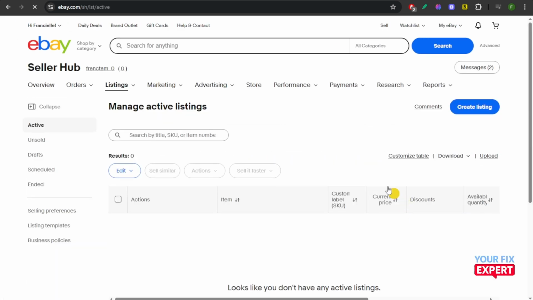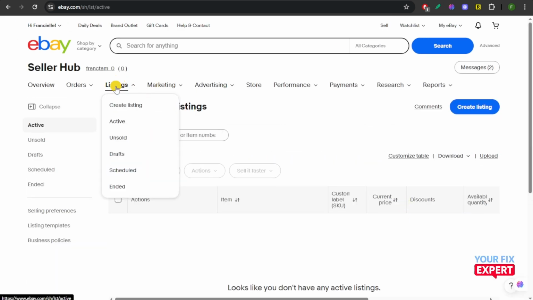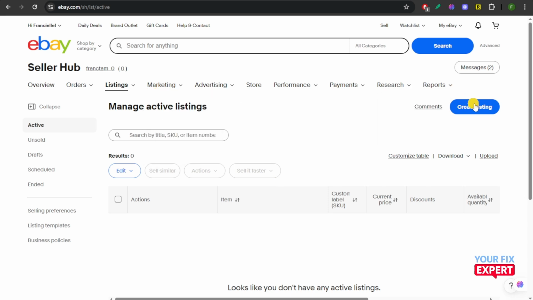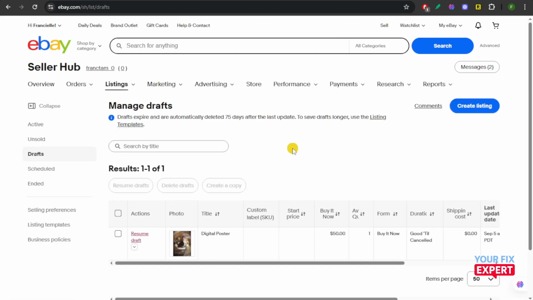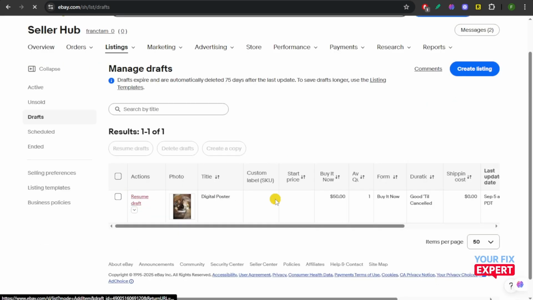And then once you're here, you're going to head over to the listings page, and then you can create a new listing if you don't have any yet, or you can just go to active if you want to edit some, or if your listing is still in drafts, you can do so, and then just click on resume draft